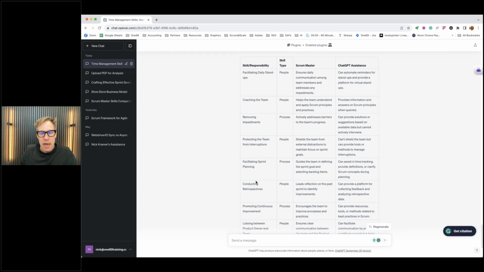Now, ChatGPT might be really good at helping us with some of the process things. We can automate the process. We can find quicker ways to do things. We can help with the process steps. But ChatGPT will never be able to help with the people skills, right? It might give you ideas on how to approach people, but when it comes to the interpersonal skills, the emotional intelligence, all of these things that go in with creating a really solid team, this tool will never be able to do.